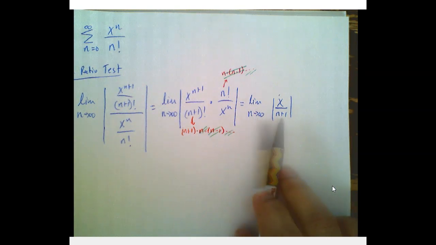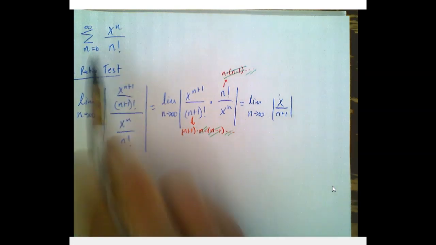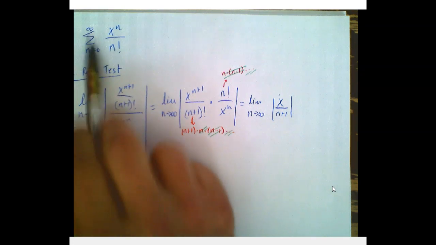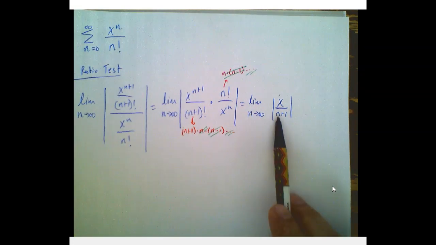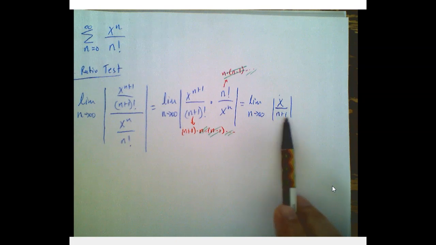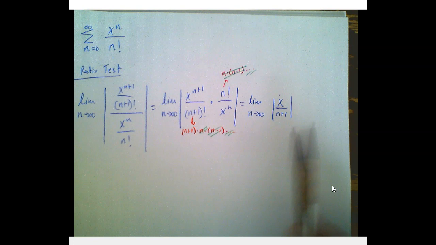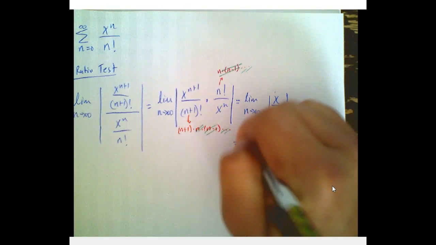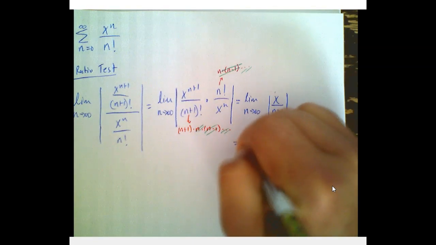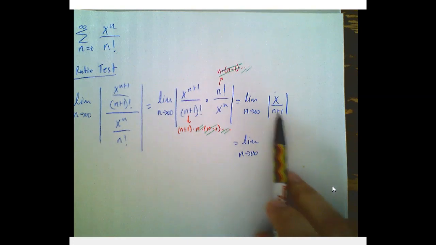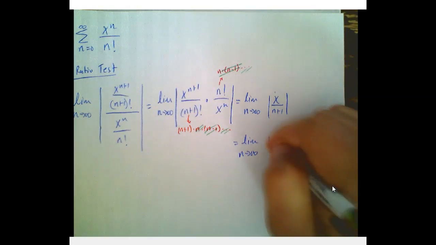Now, let's take a look at this. Notice that all the n's in our original series are positive, right? So this number at the bottom is always a positive number. So actually, I can rewrite this limit in a different way. Limit as n goes to infinity. I'm going to pull out the 1 over n plus 1